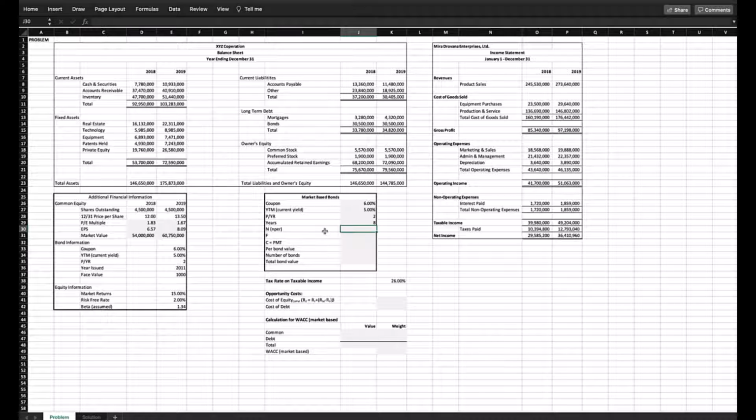So the number of periods per year, so this is going to be simply your 8 years times the number of periods per year. So 2, bonds paid twice a year. So that's 16. The face value is always going to be $1,000 for reasons of simplicity. C is going to be, so make sure to put your parentheses, your face value times your coupon rate divided by your PYR, and then your present value, so per bond, is going to be